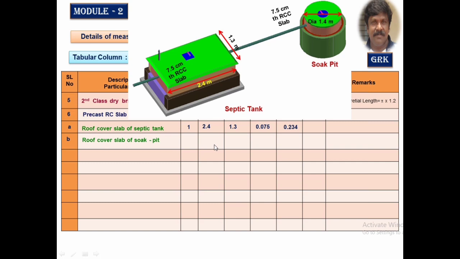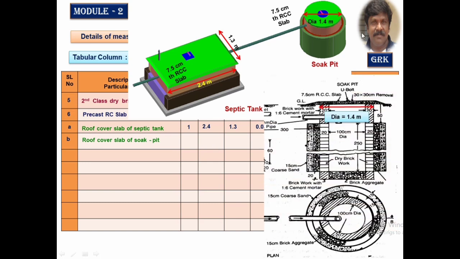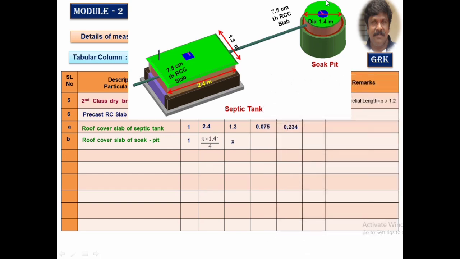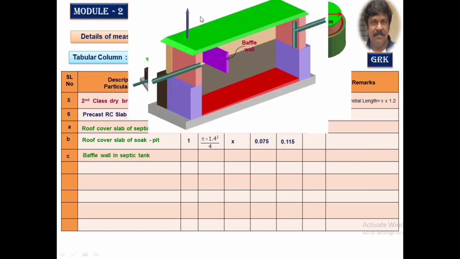For the soak pit, you are going to find the circular area. The diameter of that is outer to outer of this upper brickwork. It's 1 meter plus 20 centimeter plus 20 centimeter, it's 1.4 meter. Find out the area of that. It is 1 into pi d square by 4. Multiply by the thickness of the slab, it's 0.075 meter, 7.5 centimeter. We are not making any deduction in this case for the